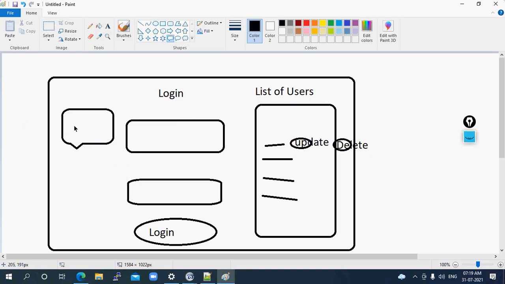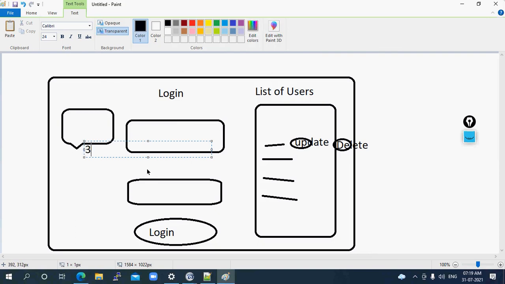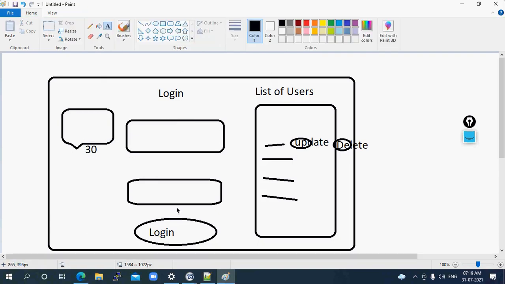There you have a messages icon, and under the message icon you have something like count 30, correct? If the user receives any messages, assume we are storing these messages in the